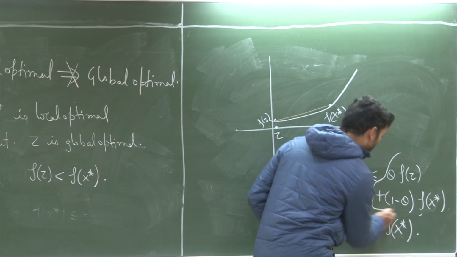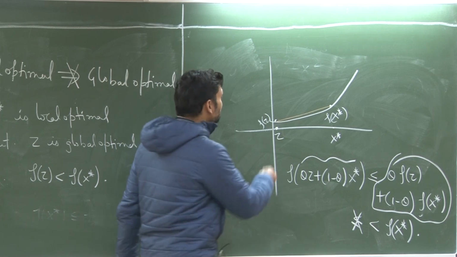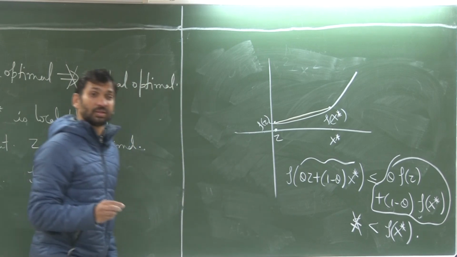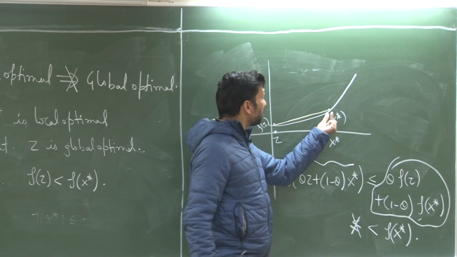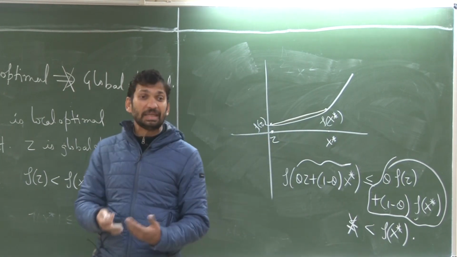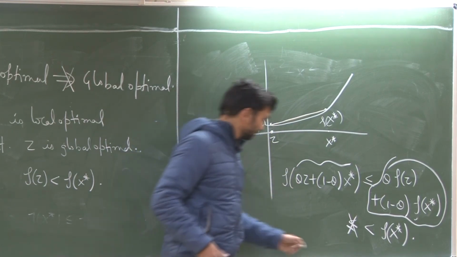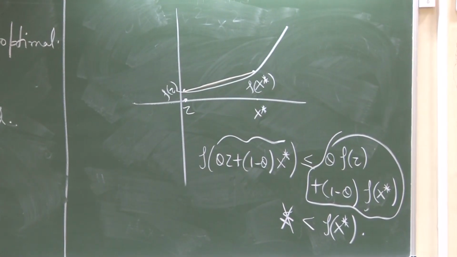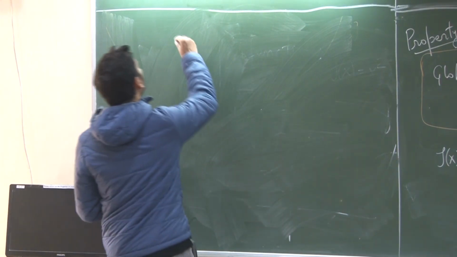This quantity is less than f x star. So that means everywhere on this line my value is less than f x star. But then some part of this line has to lie in the neighborhood of x star, however small my neighborhood is. This finishes the proof. If I want to write it in the formal terms, I will say, assume